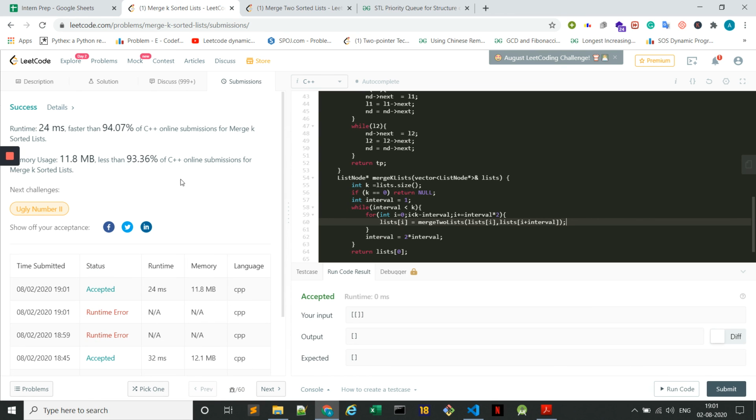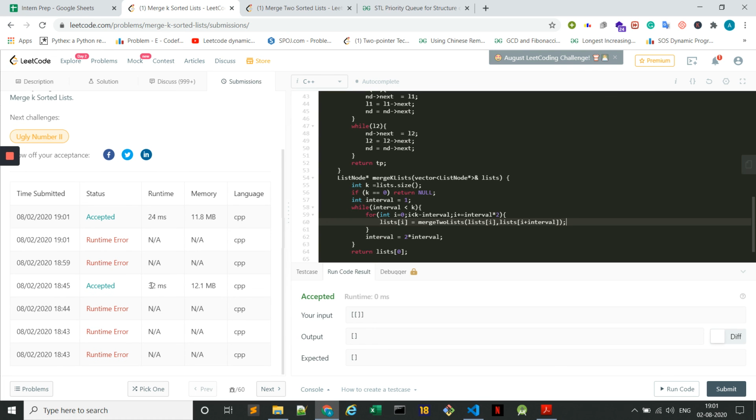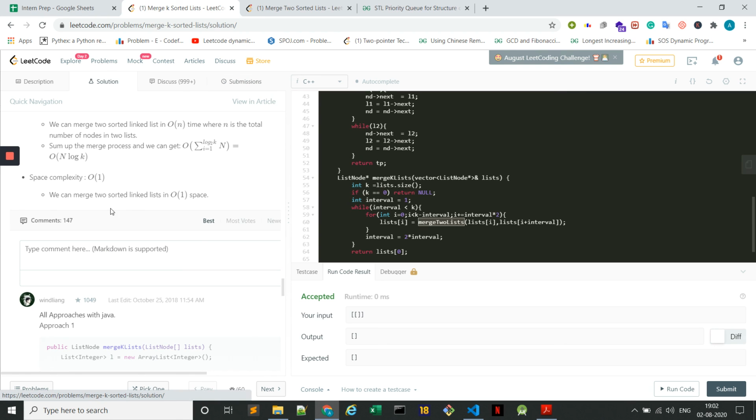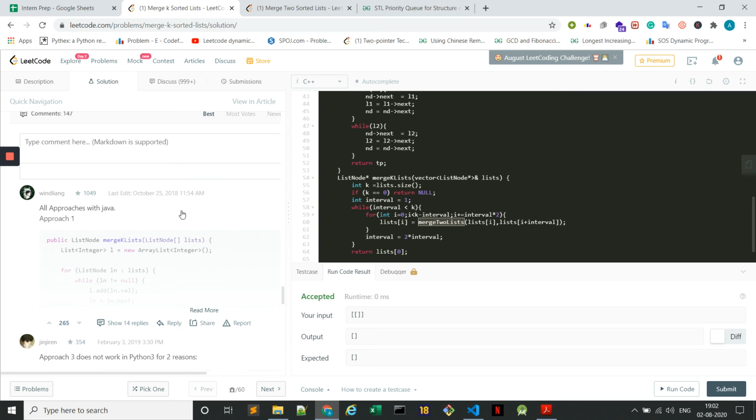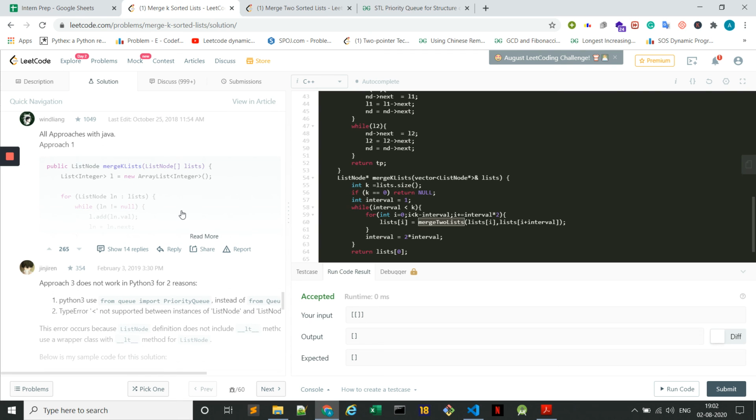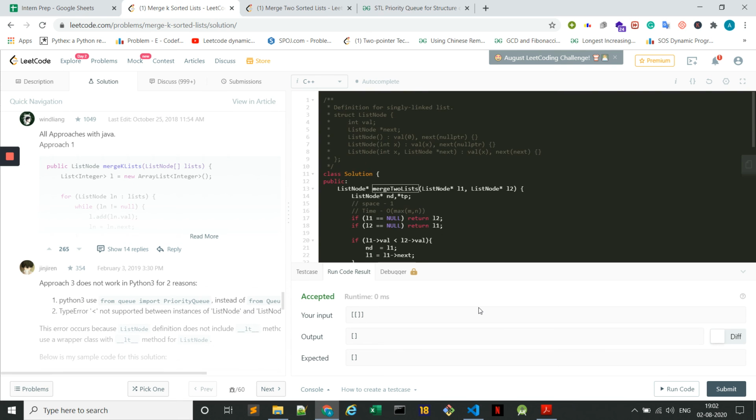Yeah. So now our solution is quite faster. As you can see, the memory it is using is somewhat the same, but that memory is for the recursive function calls, else it is using O of 1 space. So I think this is all from my side. If you have any more approaches to this question,